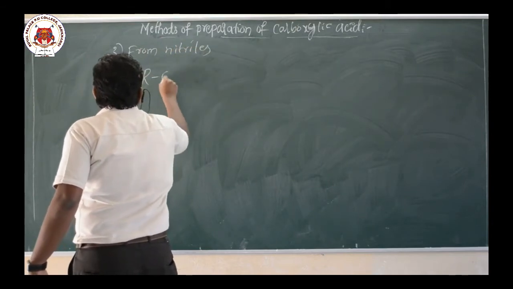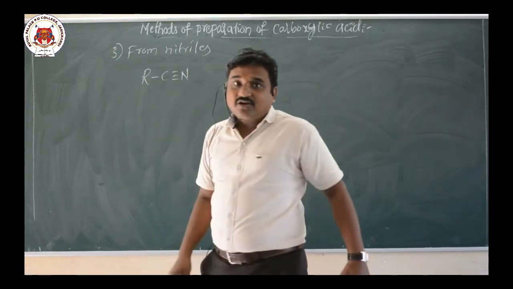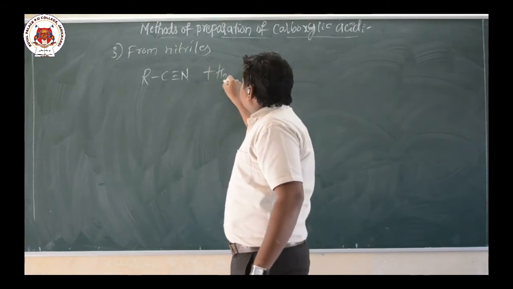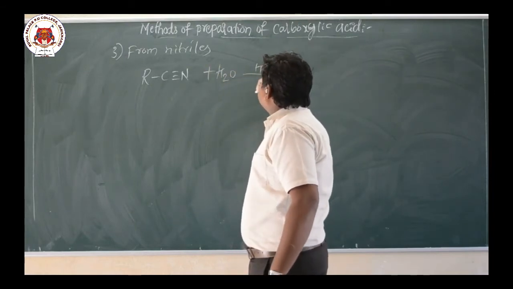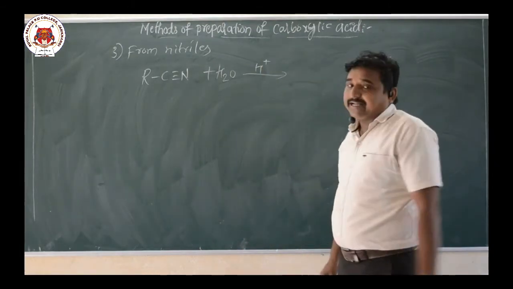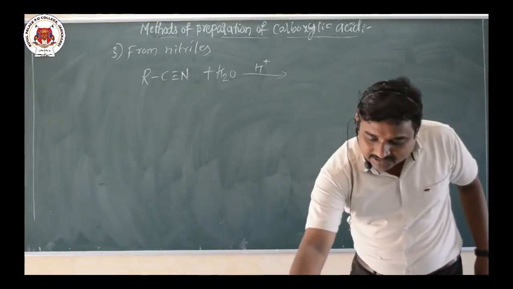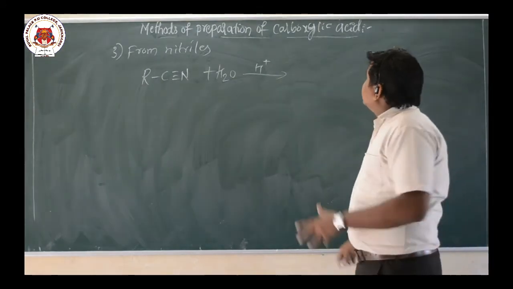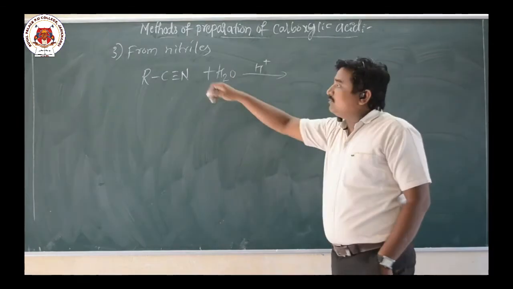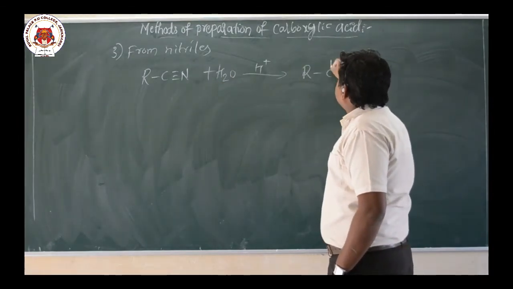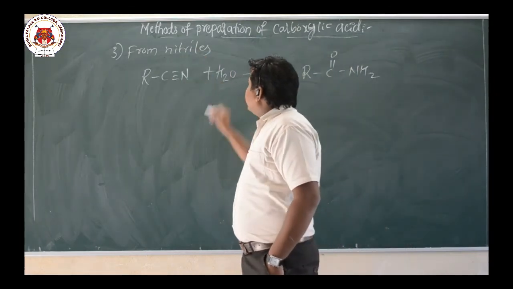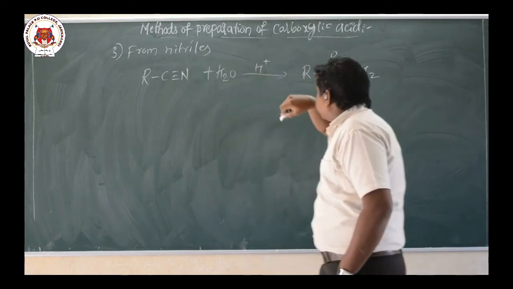Okay, let us write the general reaction. So here the nitriles, this is also called what here? Cyanohydrocarbon. Which on hydrolysis, addition of water in acidic condition, that is acid hydrolysis, so formation of what here? Amide. So amide undergoes further hydrolysis, that gives what here? A carboxylic acid. Now addition of H2O across that carbon nitrogen triple bond. Now I will write here RC double bond O NH2. One oxygen atom adds to this carbon atom and two hydrogens add to this nitrogen atom, hence RCONH2.